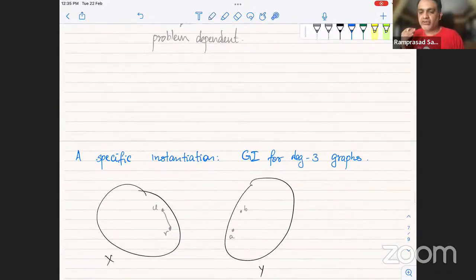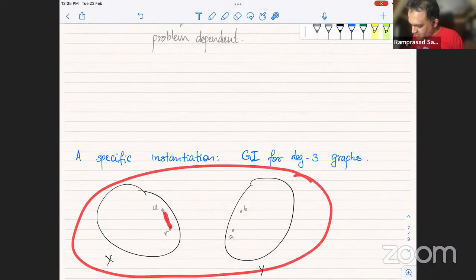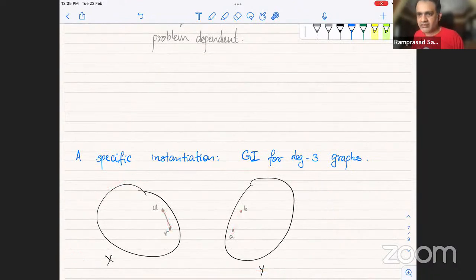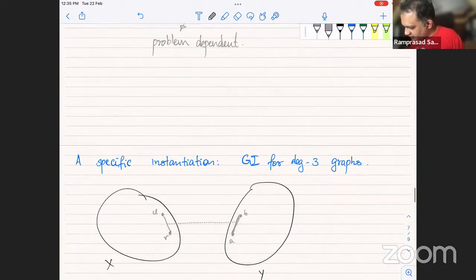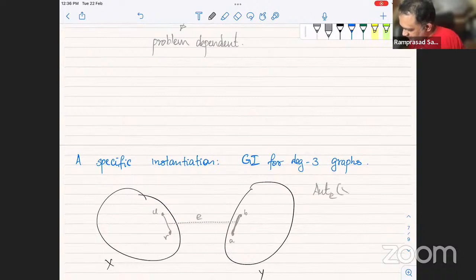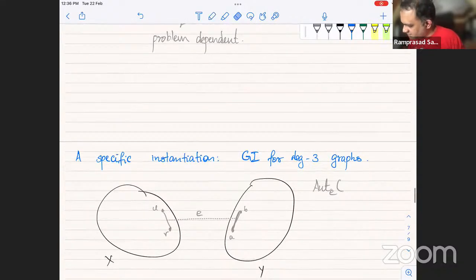Now I'm going to ask, can you give me all isomorphisms, sorry, all automorphisms of this big graph Z that map this edge to this edge? It'll become clear why I'm doing this soon. Sometimes what is done is you add a bridge in the middle between these two edges and say you are looking for all automorphisms that stabilize this bridge. That is another way of stating the same thing. Let's call this bridge edge E, or T of this graph, the graph Z,